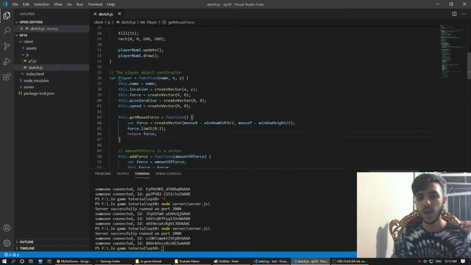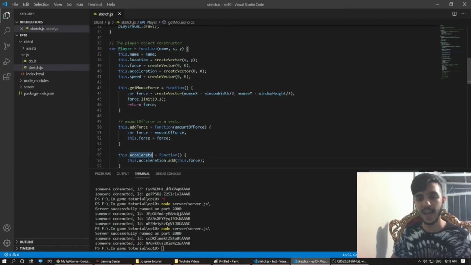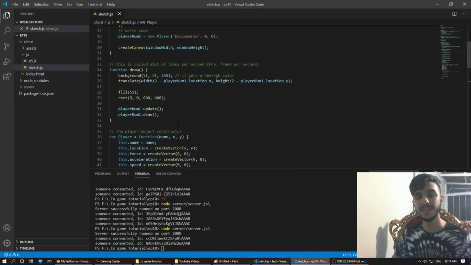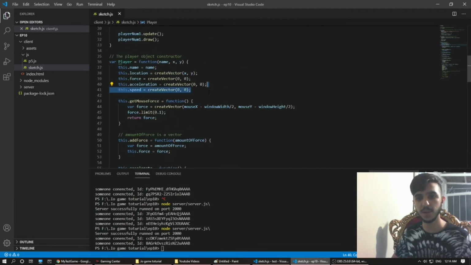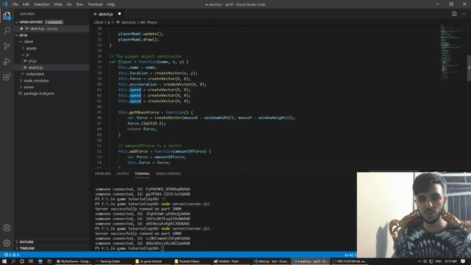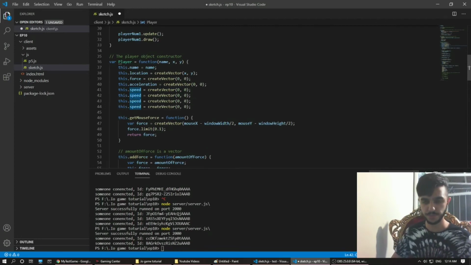I should limit the acceleration and the speed as well. So what I can do is add maybe 3 more attributes here. First one is mouse max speed, max force, maybe